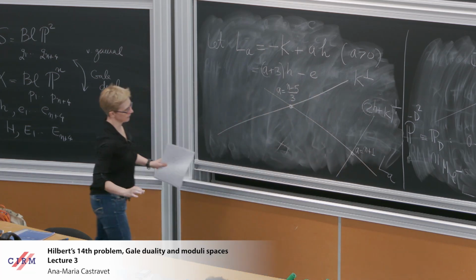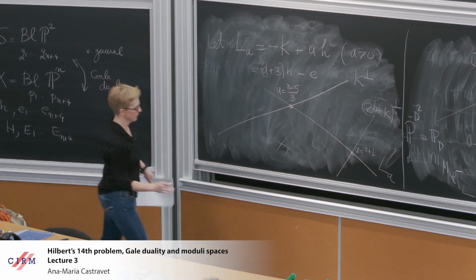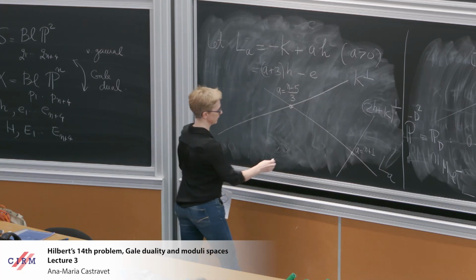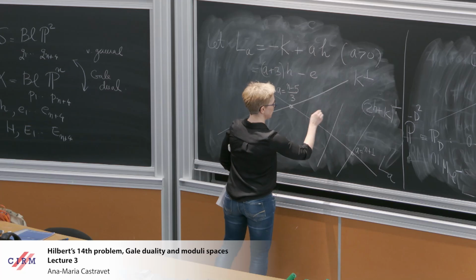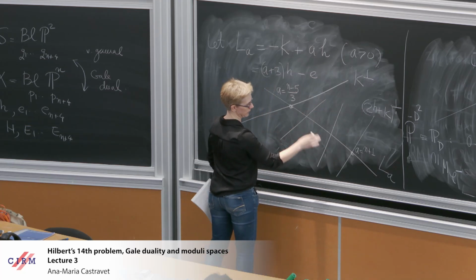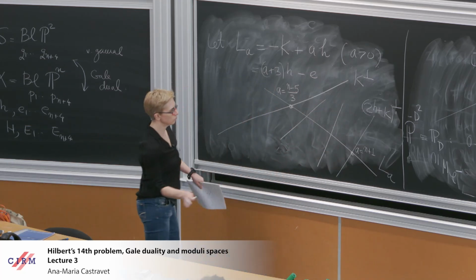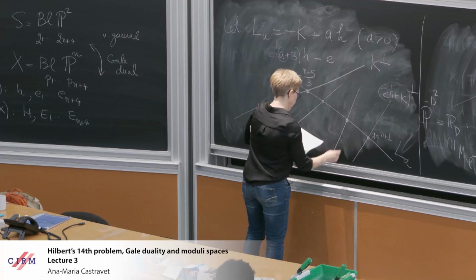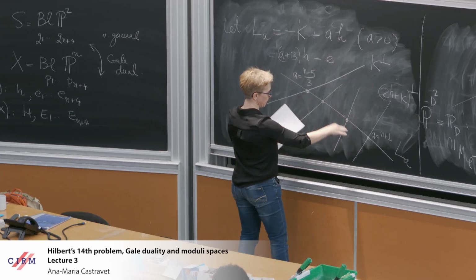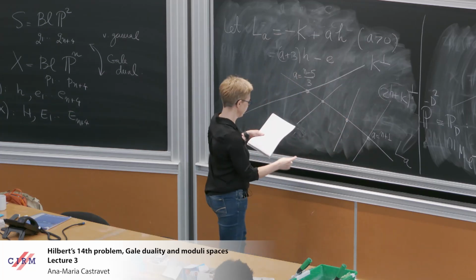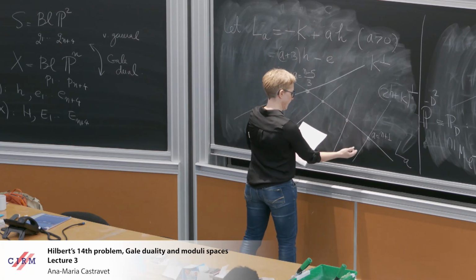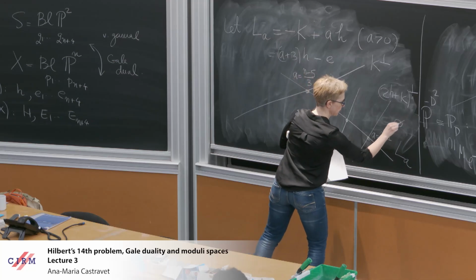And then this is easy to calculate: what are the possible numerical rational classes D that give you a hyperplane 2D plus K perp that intersects this line. There's some small computation you can do. And so then you see that this is explicit. You can compute all the values of A, all the D's. And then the first walls that you hit after this one, yeah, so here the moduli space was empty, here